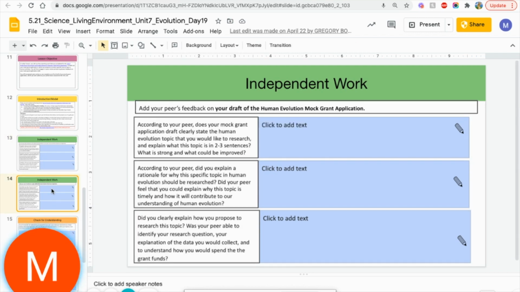The next slide goes into the students actually reflecting on the review that their peer did. This gives the students an opportunity to decide, okay, my peer gave me good feedback, I was missing something, or, oh, my peer maybe missed what I had written down, or maybe I meant to write it and I forgot to write it down. So this really is a reflection of the peer review feedback itself. And this is really good because it requires the students to be a little bit more reflective on the feedback that they're getting in order to then use it and apply it to fix their applications